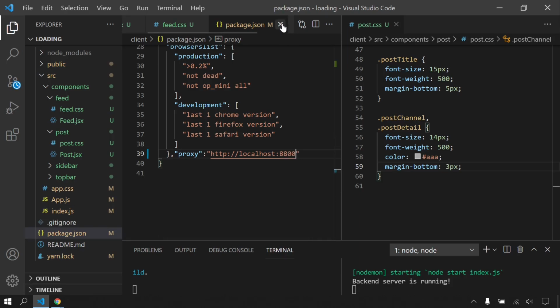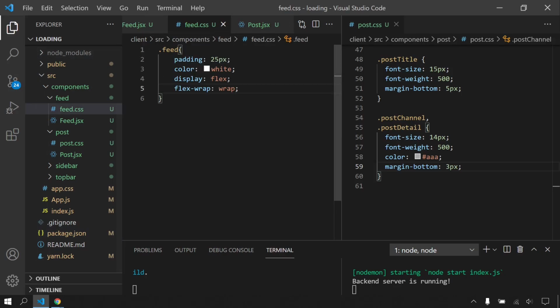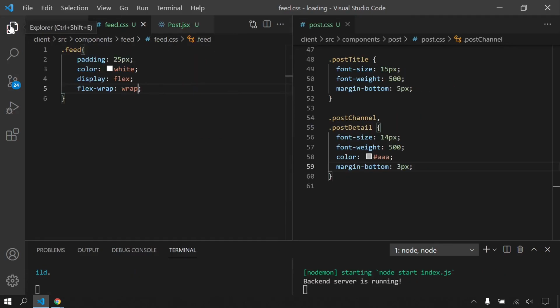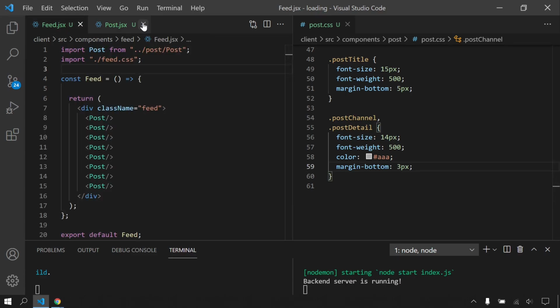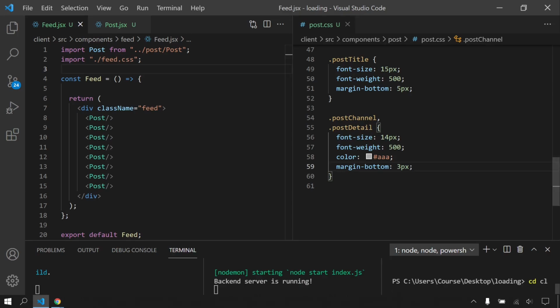Okay, let's close this. Right now I can fetch my data. To do that, we are gonna use Axios. Let's come here. I will open my client again and I'm gonna say yarn add, or if you are using npm install of course, and Axios.